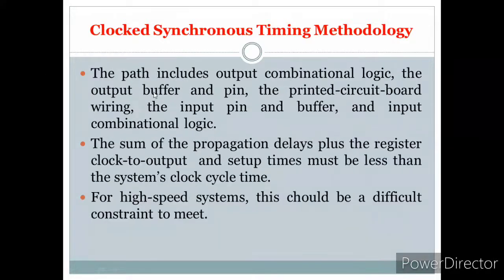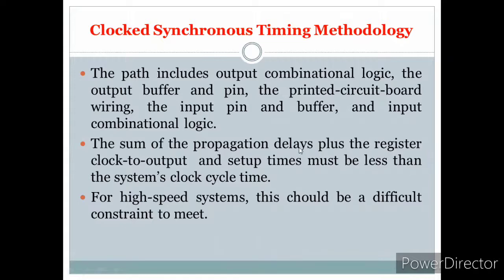So the path includes the output combinational logic, the output buffer, and the pin, the printed circuit board wiring, the input pin, the buffer, and the input combinational logic.